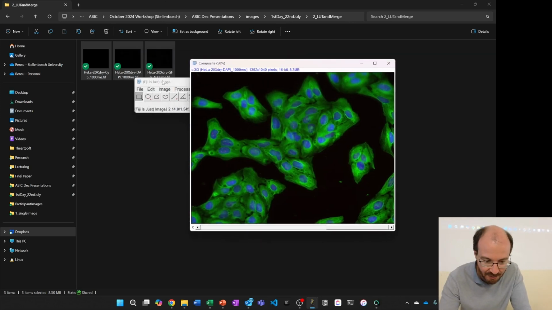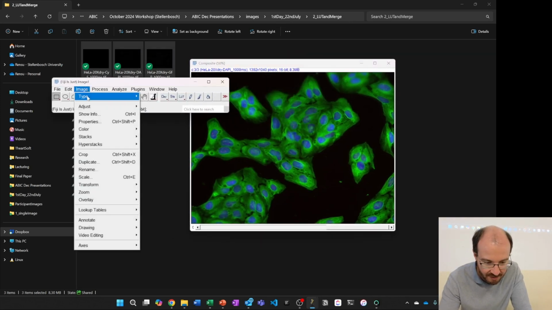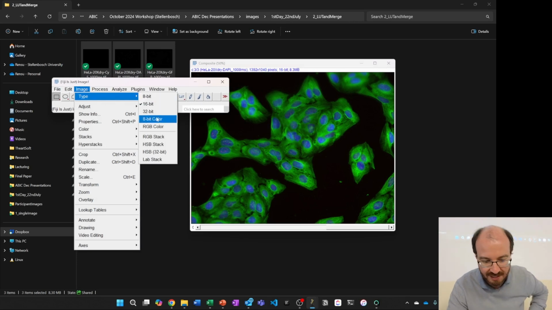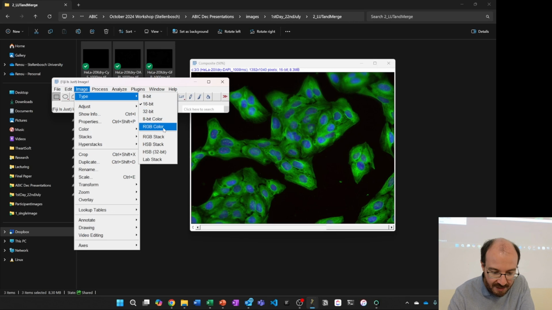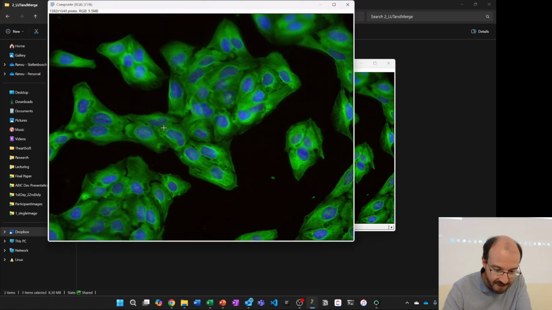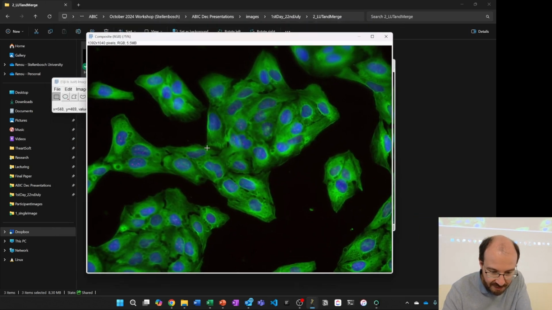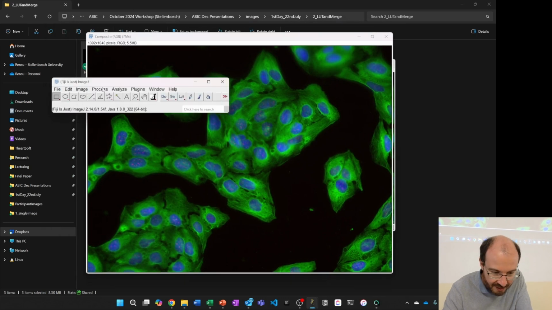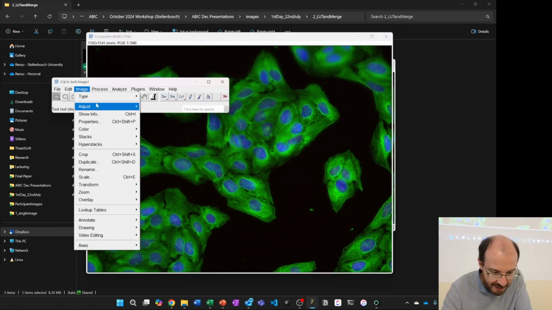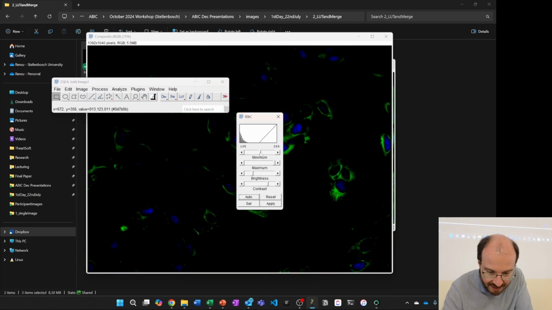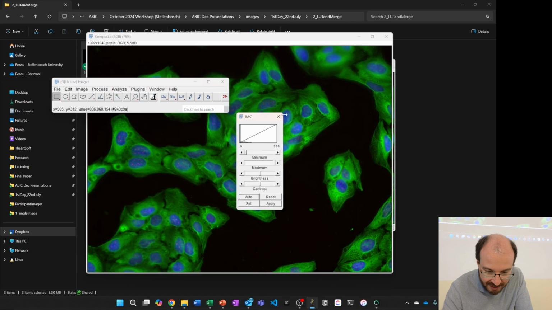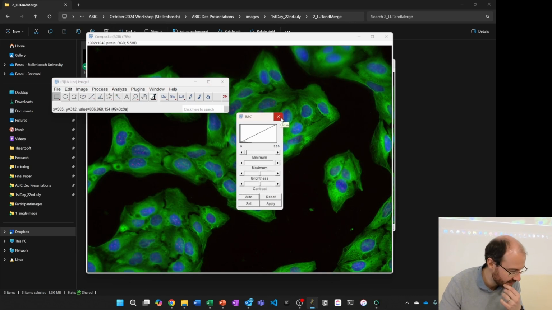Then you can split it again, but before I split it, I just want to show you that if you look at the image type, it still shows 16-bit. It's not an RGB image. It stores 3 separate 16-bit images, which is just shown in a composite view, but it's not an actual RGB image. If you make it an RGB image, you can click on RGB color there, and it will create a single RGB image, where I can't change the channels anymore, and anything I do now will change all of the channels. So if I adjust brightness contrast, it will change this for the entire image. So it's no longer separate,